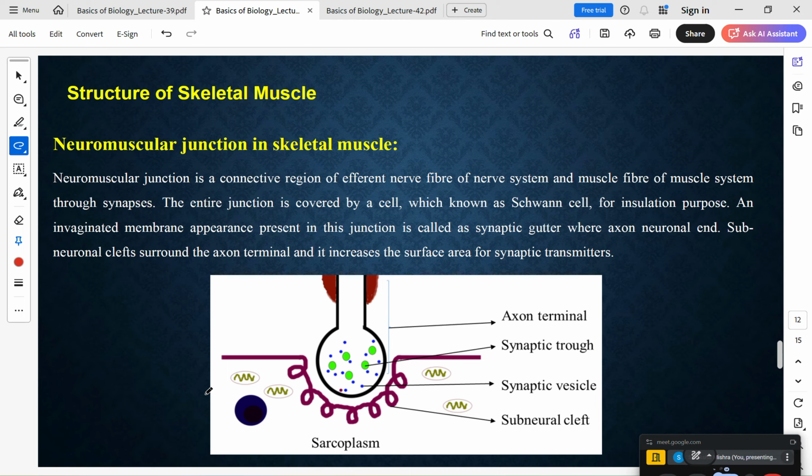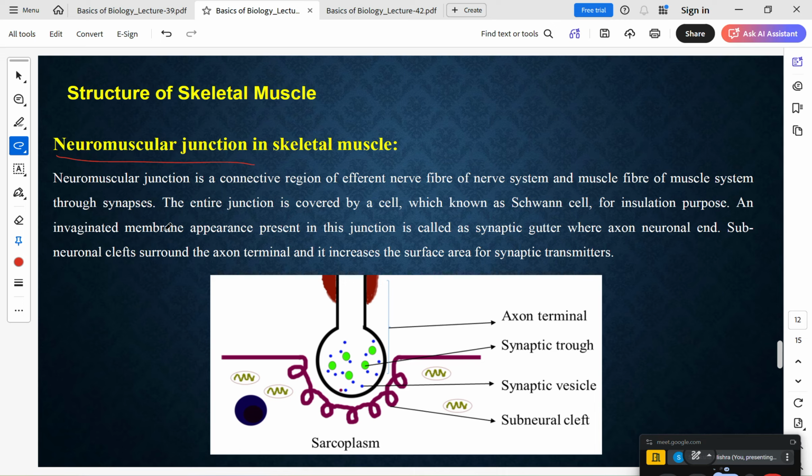So, as I said, the skeletal muscles are voluntary in nature. That implies there is a need for the signal to reach the skeletal muscle, and therefore it is under the control of the nervous system. So the basic unit that controls what happens when the skeletal muscles are excited is the neuromuscular junction. It is a junction between the axon terminal of the neuron and the